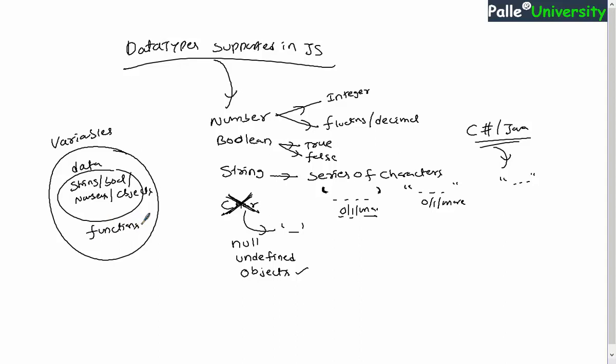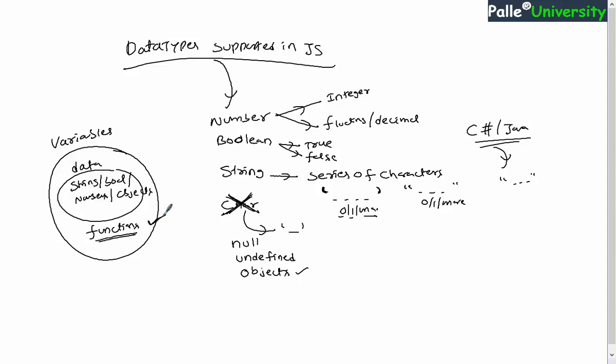So in case you are coming from a C# or Java background, you may be wondering how a JavaScript variable can store a function. Anyhow, remember JavaScript variables are capable of storing even functions also, right? So going forward, somewhere in these tutorials, definitely I'll be explaining one or more examples based on storing functions in JavaScript variables. At that point of time you will clearly understand. As of now, you just remember these points.